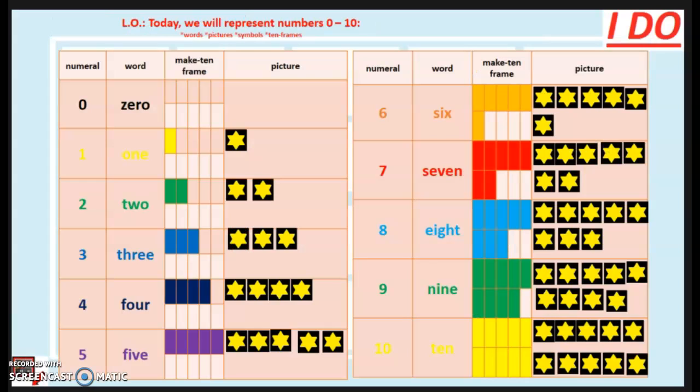Alright, so today again we're talking about those numbers 0 to 10 and how to represent them. So let's quickly go through and count our numbers. And if you notice, next to each of our number, numeral, word, and pictures, we've added the make 10 frame. You've been using these all along, so it should be nothing new. Let's go quickly. 1, 1, 2, 1, 2, 3, 1, 2, 3, 4, 1, 2, 3, 4, 5, 1, 2,